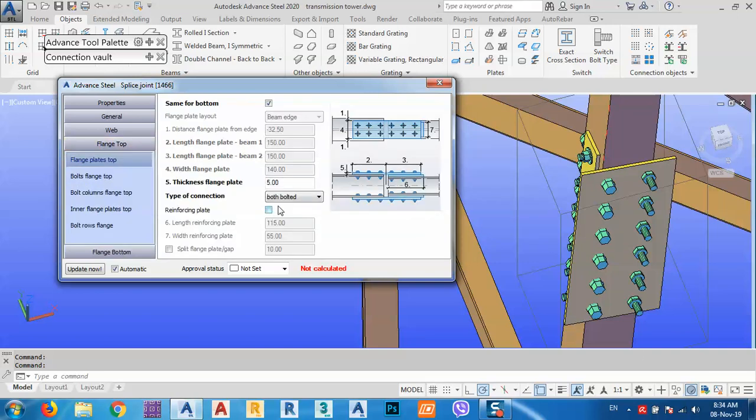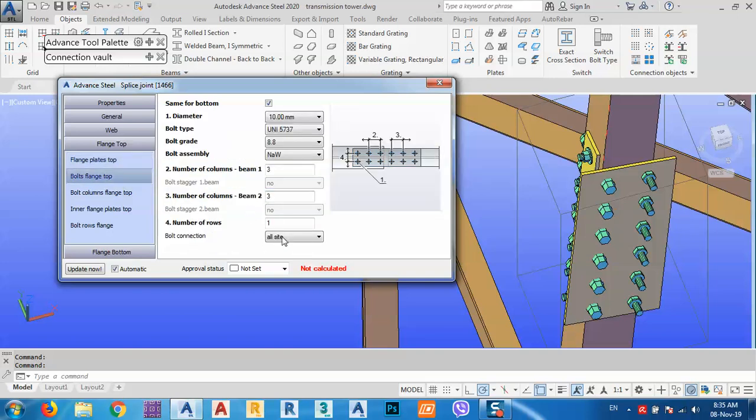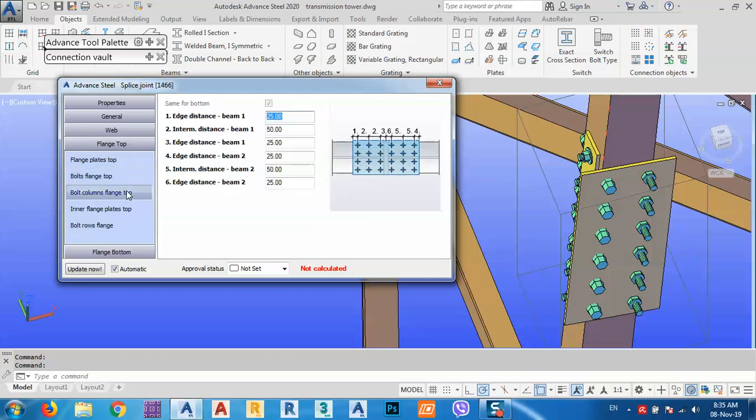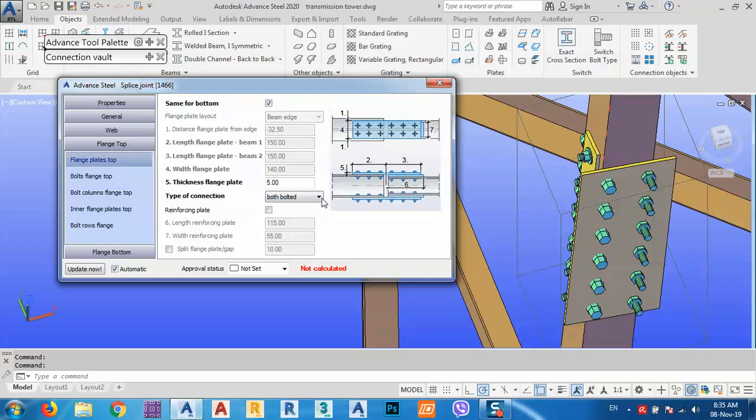We have this one both welded. Here we have the distances. You see, number 4, because it's web, so it gives us two bolts. The bolt type, number of rows we have. How many rows we have? We have only 1 row, so I think we have to change to 1 weld to bolt, or both welded